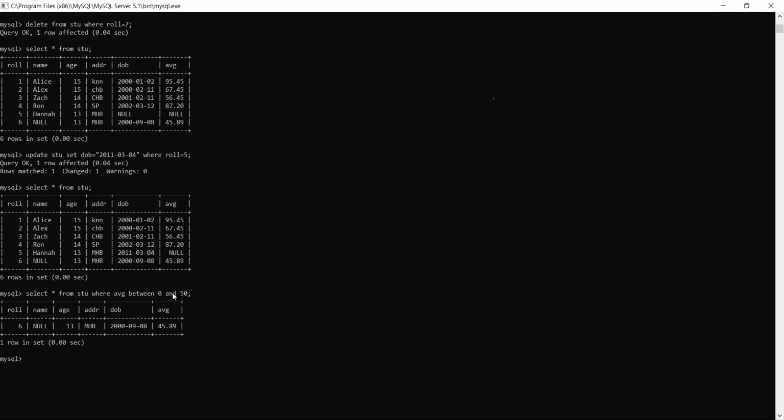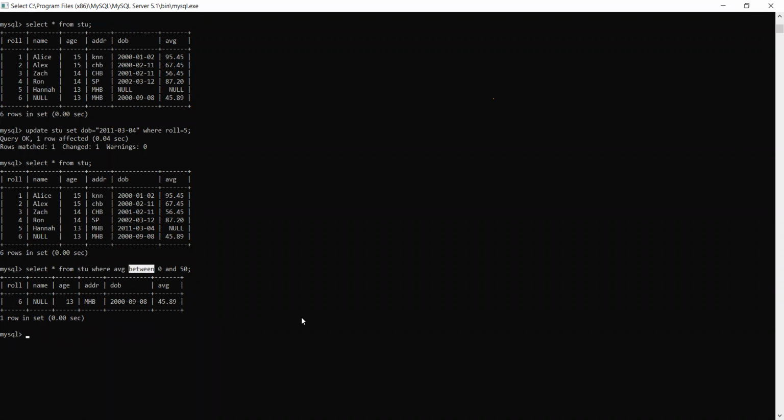So I have given the range that it has to be between 0 and 50. This is a very common clause when we want to select on the basis of a particular range. Similarly, suppose I change this and give here from 67.45 till 100.